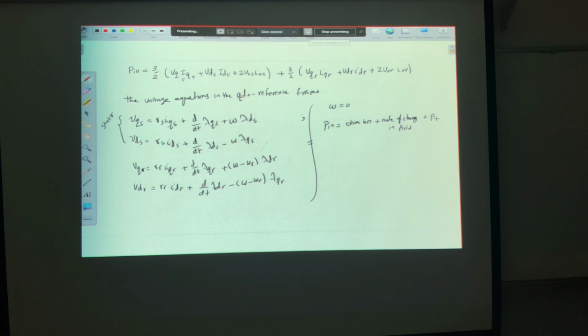Now what I'm looking for is the part that has omega R. If omega equals 0, there's no omega here, and this is the only part I need, correct? So if I collect the terms,